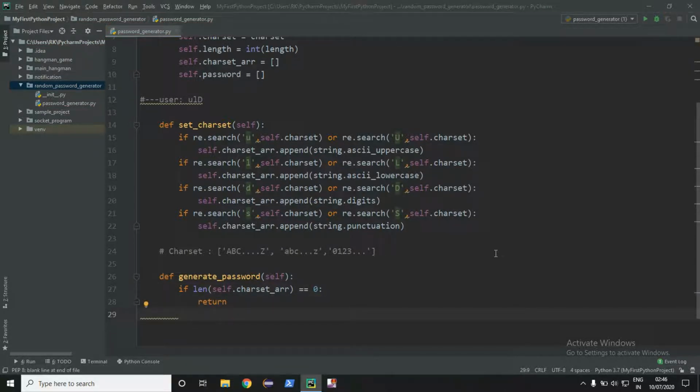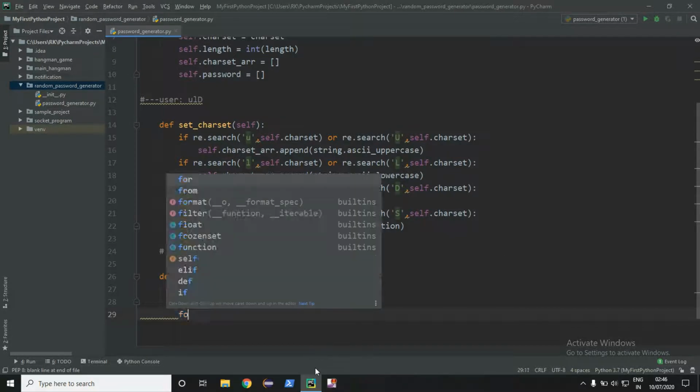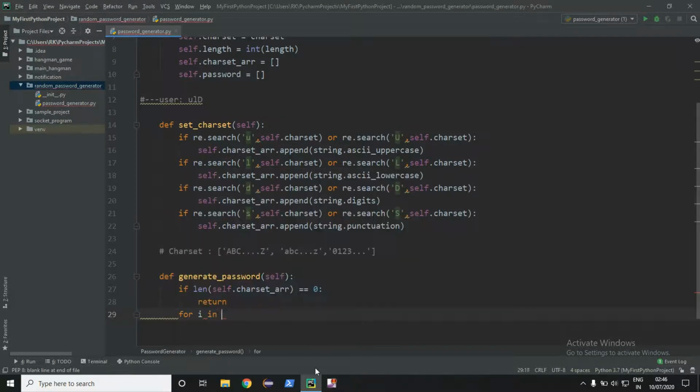now we will take a loop, for i in range. Now we want the password. For that we will first check the length of the password.